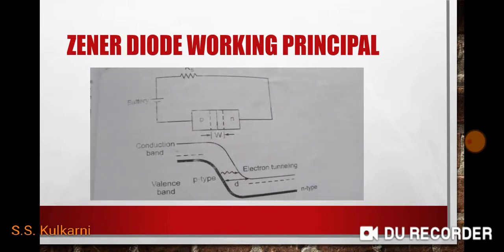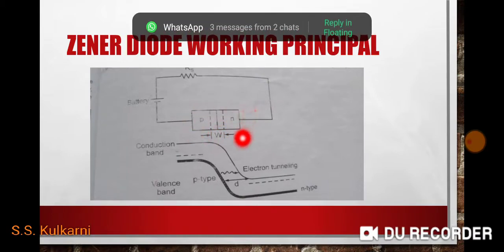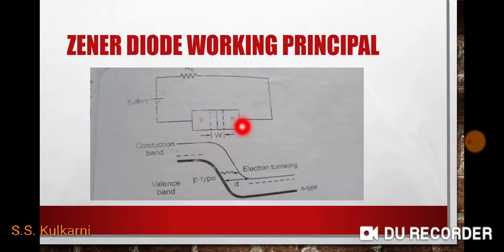To explain the working behavior of Zener diode, I am going to refer to the figure which is shown here. This figure shows biasing of Zener diode. I just told you that Zener diode is always biased in reverse bias mode, hence the P-type material of Zener diode is connected to the negative terminal of battery and positive is to N. By heavily doping P or N type material, the width of the depletion layer is kept very small in Zener diode.